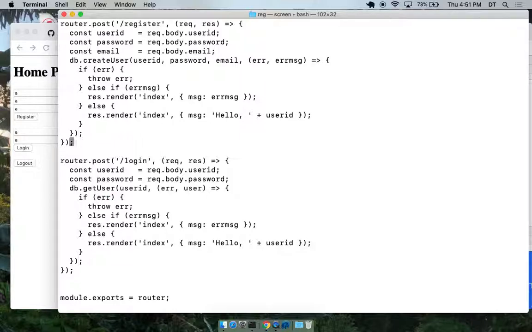I realize I want to fix this code up here, actually. I realized it didn't do that well. So if the user is null, if the user doesn't exist, if there's no user, then we're going to say failure, right?